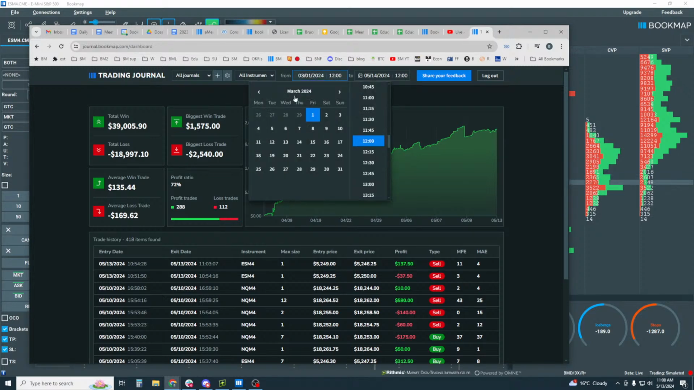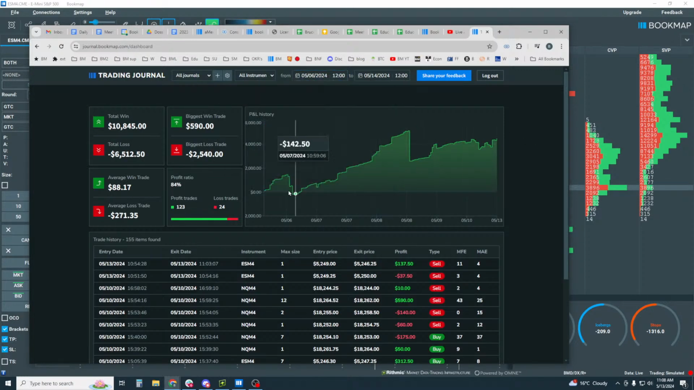But let's look at maybe last week instead. So I'll go forward here, and let's just look at all of last week. And this is my performance. Last week, I started off to the upside here. Again, these are mostly just 1s and 2s in terms of lot size. And then I dipped below 0 here, down a couple hundred bucks on the 7th. This was the 6th, and then on the 7th here,